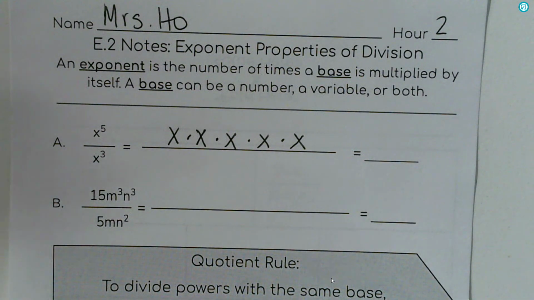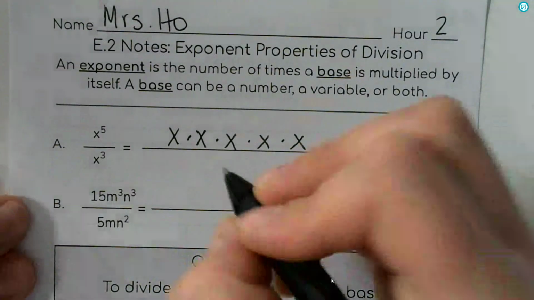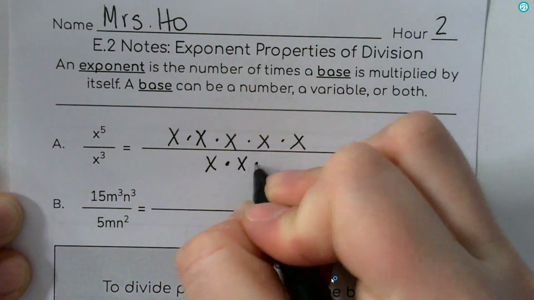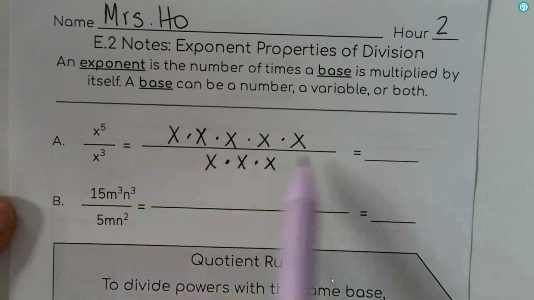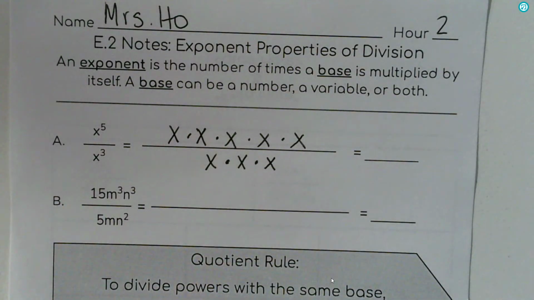What does x to the 3rd mean? 3 of them. X times x times x. All right. When you have everything being multiplied and everything being multiplied, we can essentially cancel out something that's divided by itself when it's just multiplication and just multiplication. You can't always, with a fraction, just cross things out. But since it's just multiplication on top and just multiplication on bottom, we're able to cancel out 3 sets of